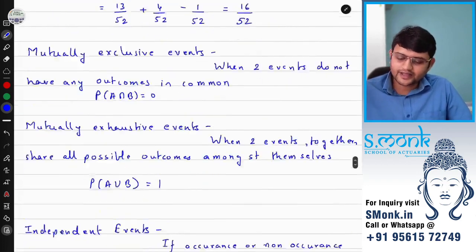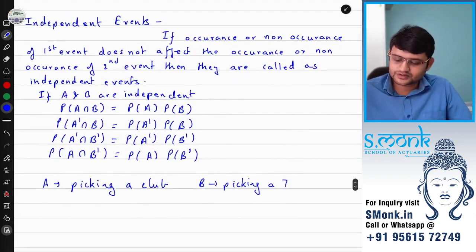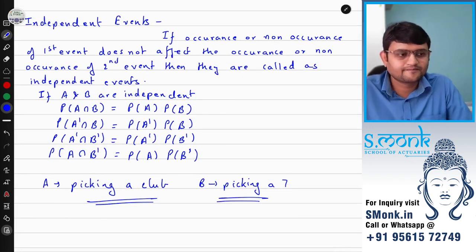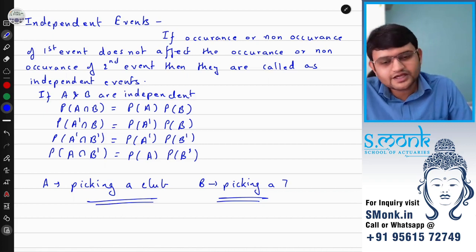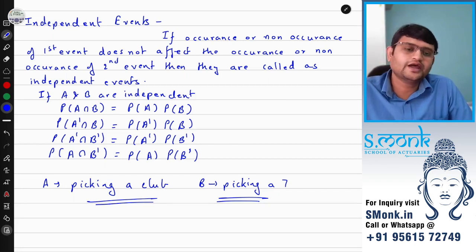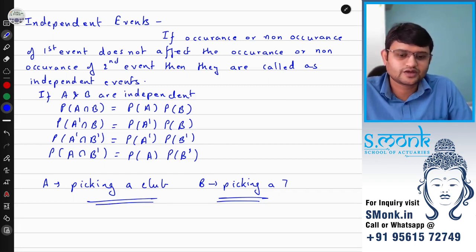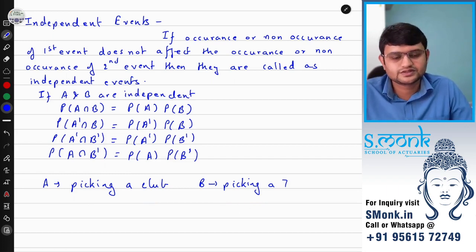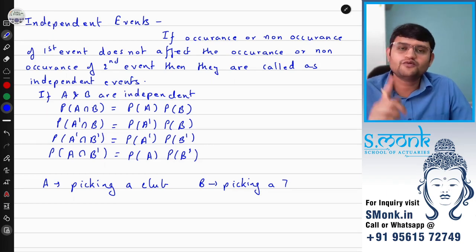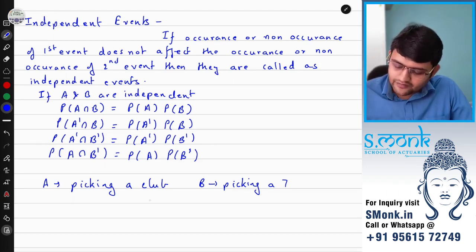So are A and B independent events? Then they should be independent events. Right? But they are neither independent nor dependent. The reason being they are not individual events. They are actually outcomes of one event, and that one event is